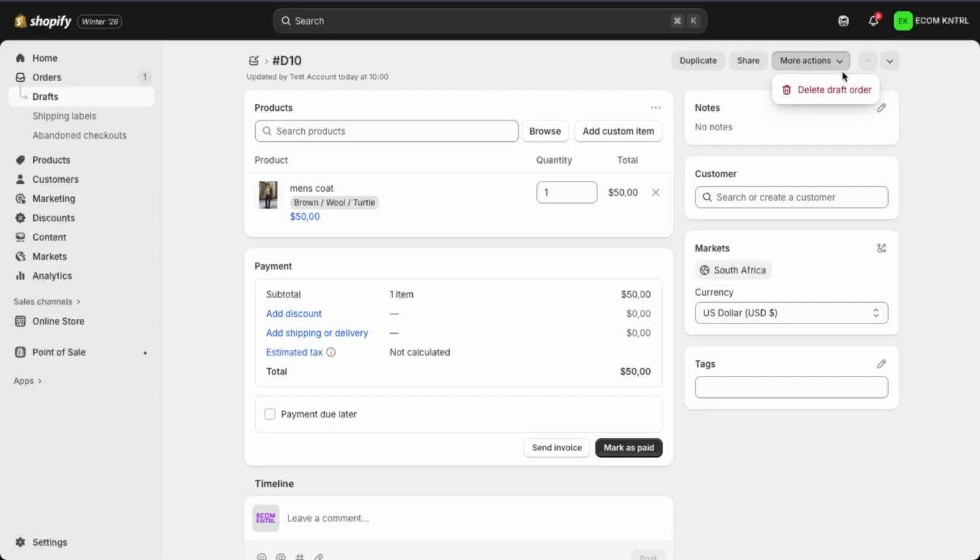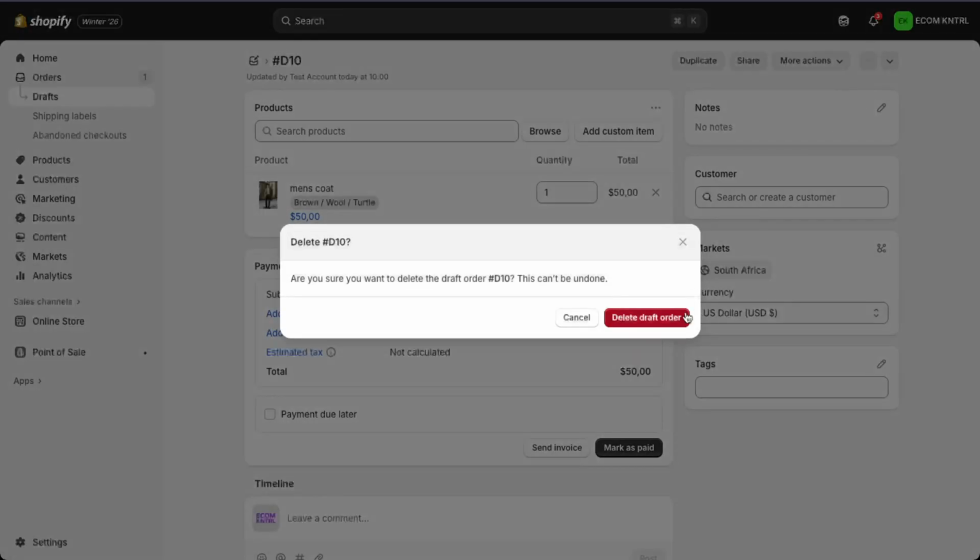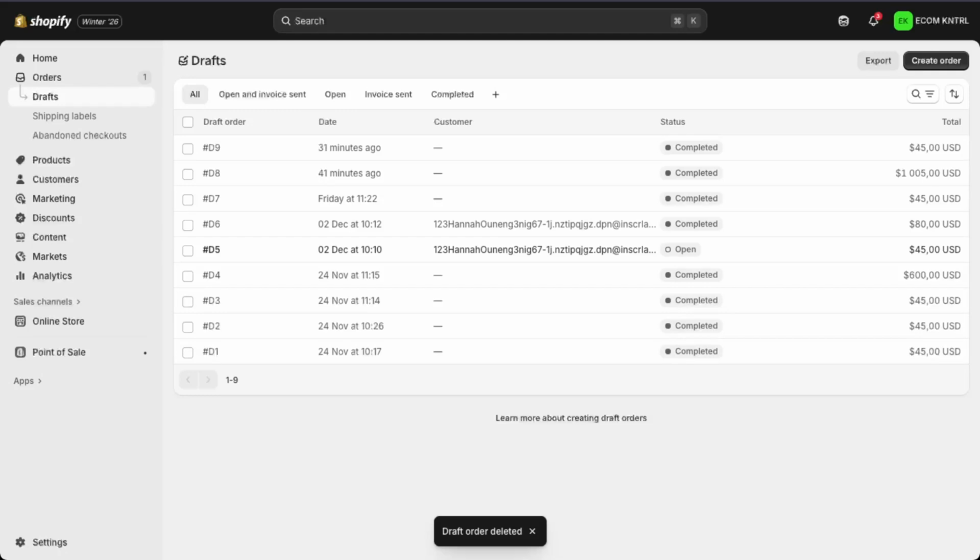Shopify may ask you to confirm that you really want to delete it, so confirm the action and the draft order will be permanently removed from your list. After it's deleted, you'll be taken back to your draft orders page where you should see that the order no longer appears. That's all there is to it. By following these steps, you can keep your draft orders clean and organized,